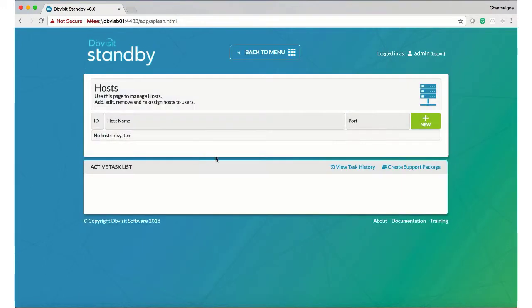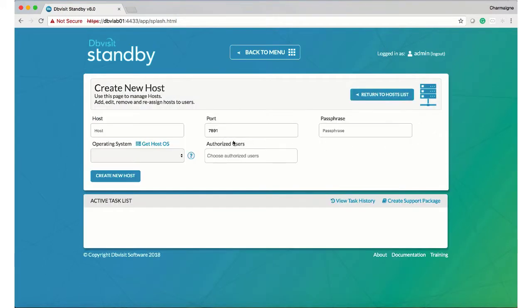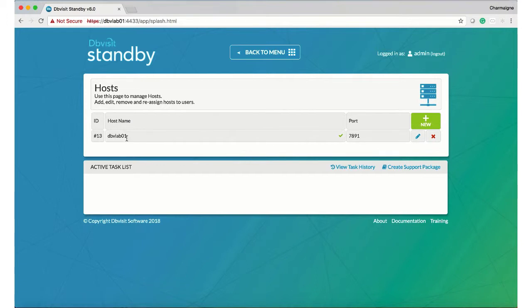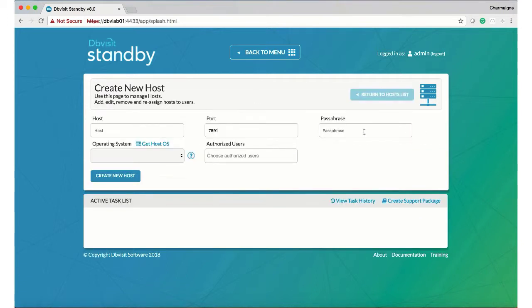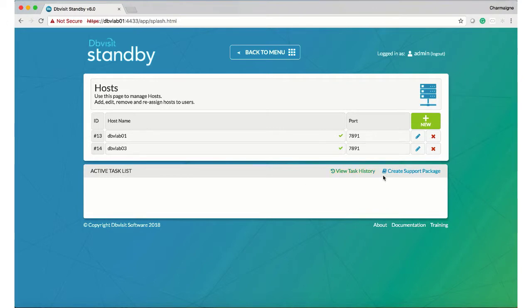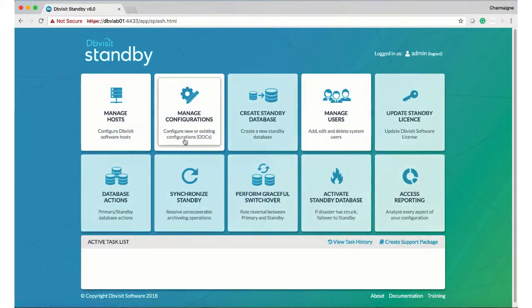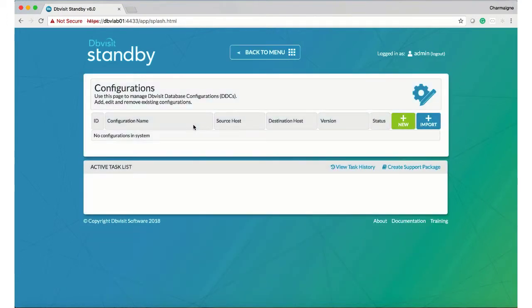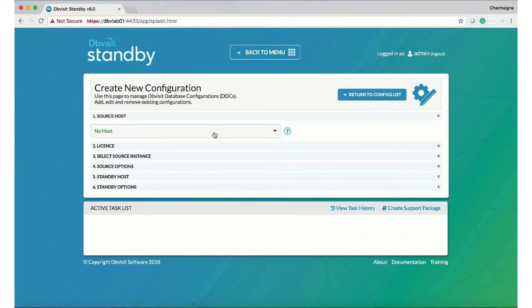So we're going to add two hosts, the primary Dbvisit 01 and our standby host, Dbvisit 03. Then Manage Configurations button will be enabled now. So we're going to create